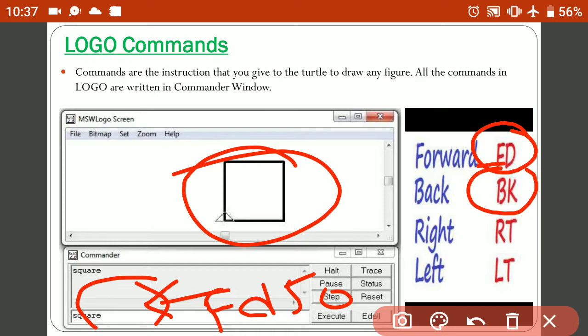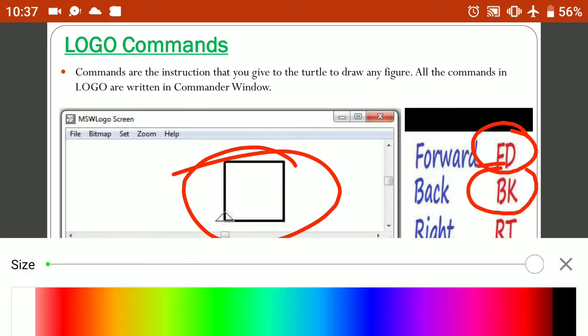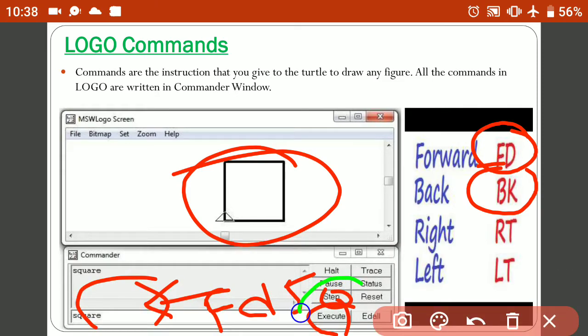This is the command forward 50. And if I execute this command, or you can also press the enter key to execute your command, my turtle will go forward by 50. Like this.